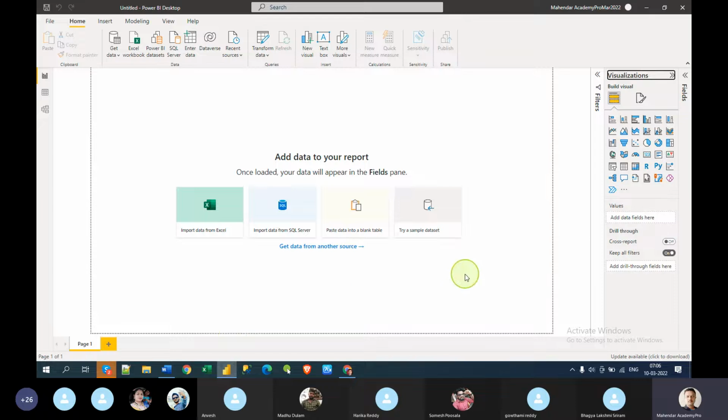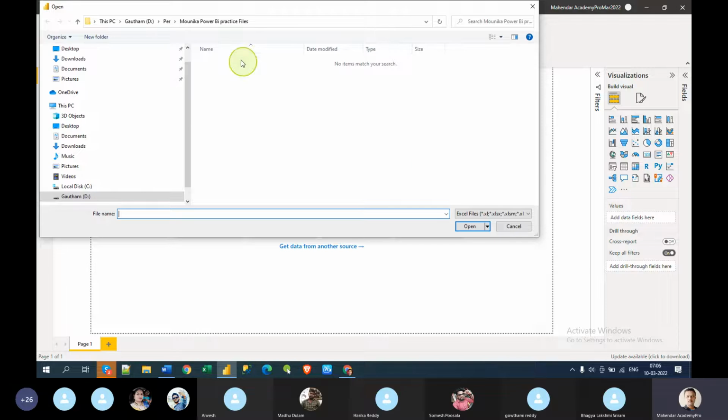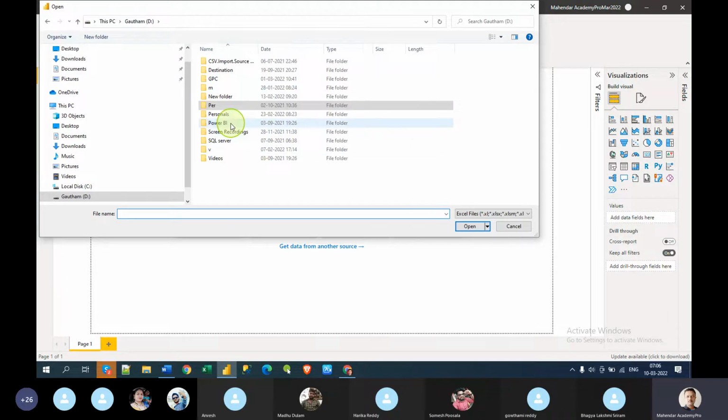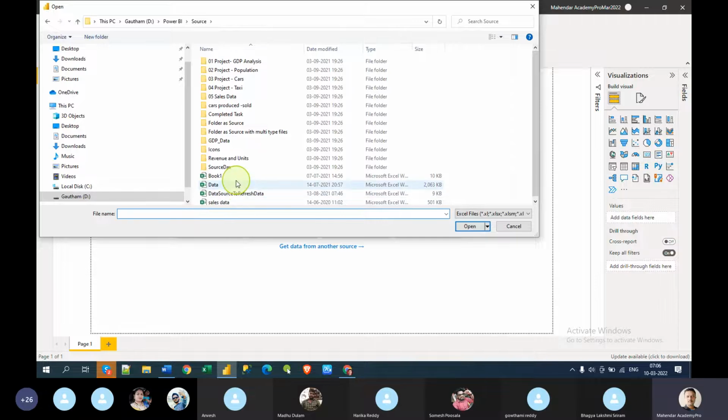So now I have a brand new Power BI Desktop open. Okay, you might see this visualization on top. If you don't see it like this, yours is an old Power BI Desktop. Get the latest one, and you will see it like this. Now I want to get the data from Excel. Okay, so now I'm going with Power BI and sources. Okay, Excel data.